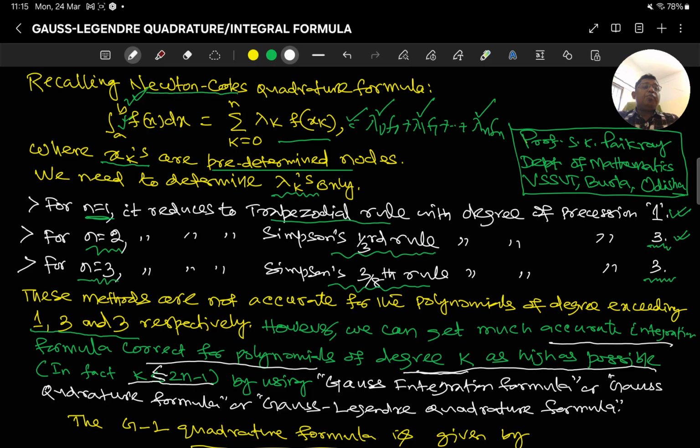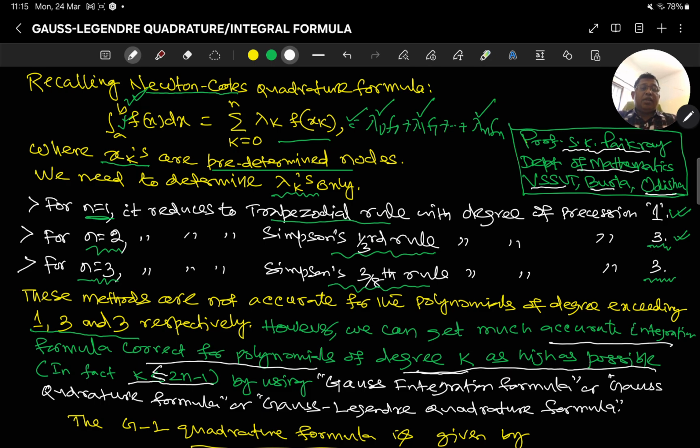So before the details of our discussion, let me introduce myself. Myself, Professor Susanta Kumar Paikray, currently working as a professor of mathematics at Veer Surendra University of Technology, Burla, Sambalpur,